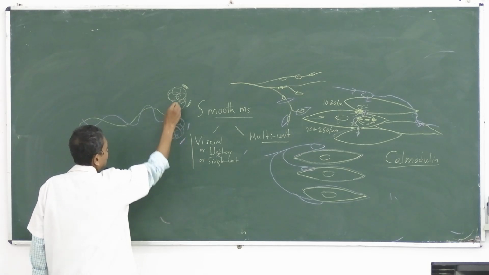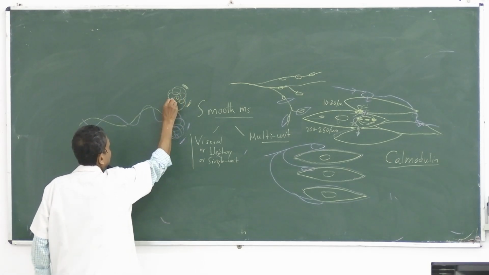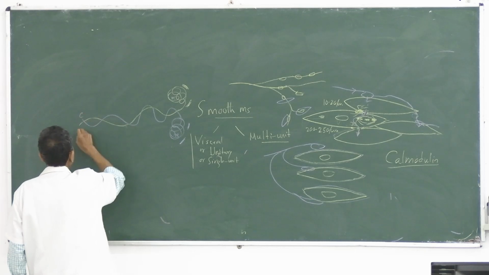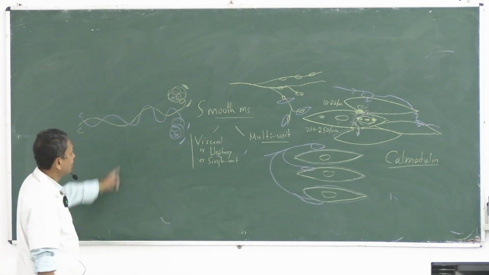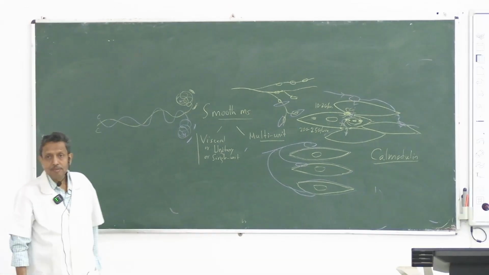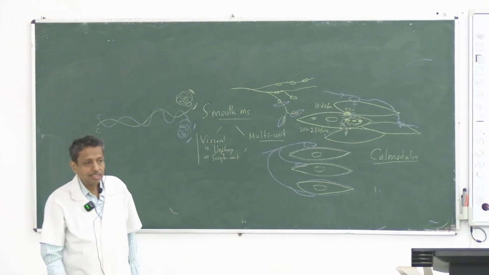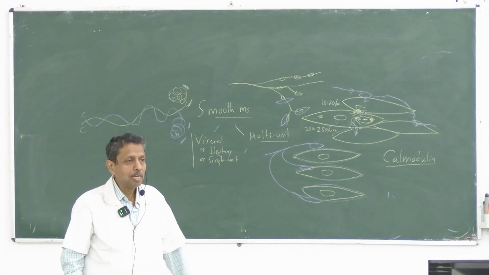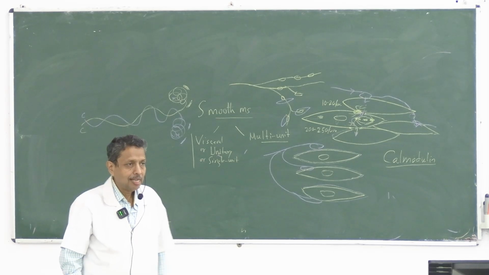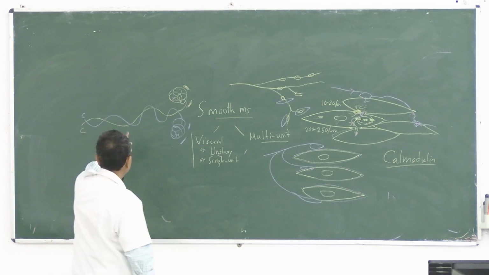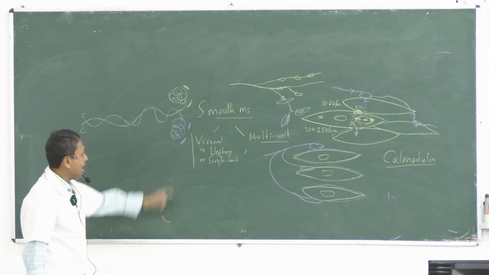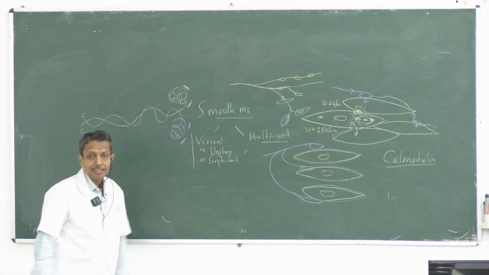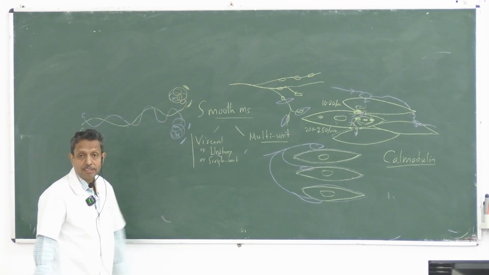Suppose N terminal, C terminal. It is the formula of the myosin 2, similar to that of the skeletal muscle, and they are called these heavy chains, and 1, 2, 3, 4 they are called